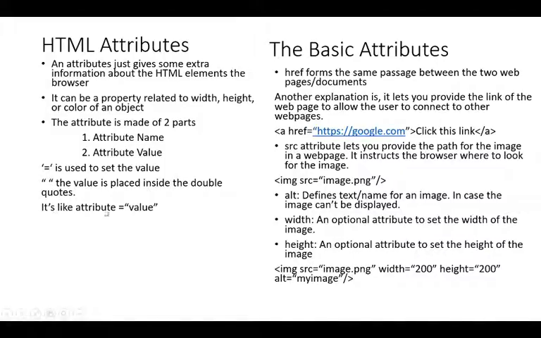So it is like this. You see, we have the equal to sign and the quotation, and you see the value inside. For example, you have the equal to sign here, and the value is placed inside the quotation. So let's move to the basic